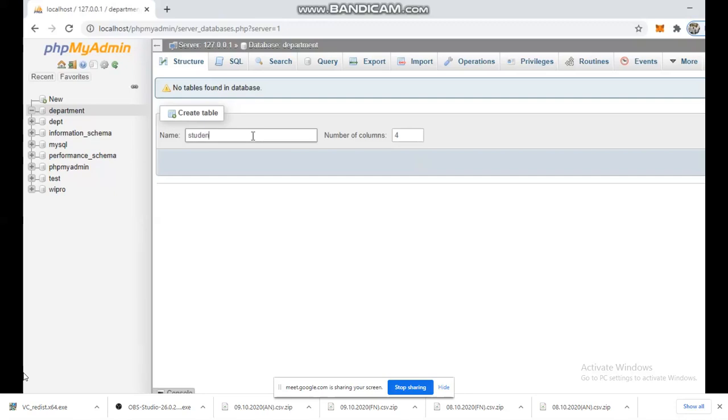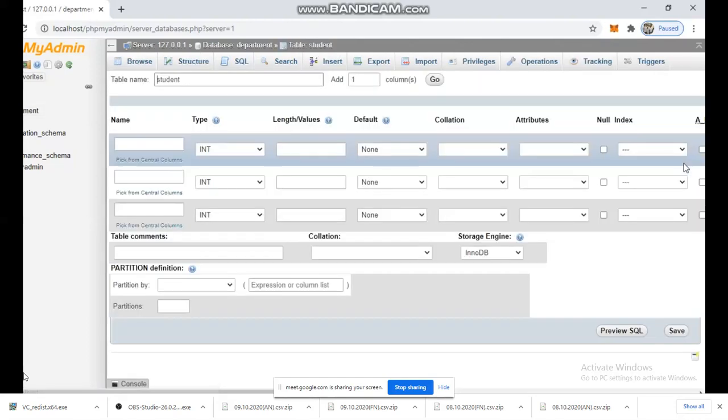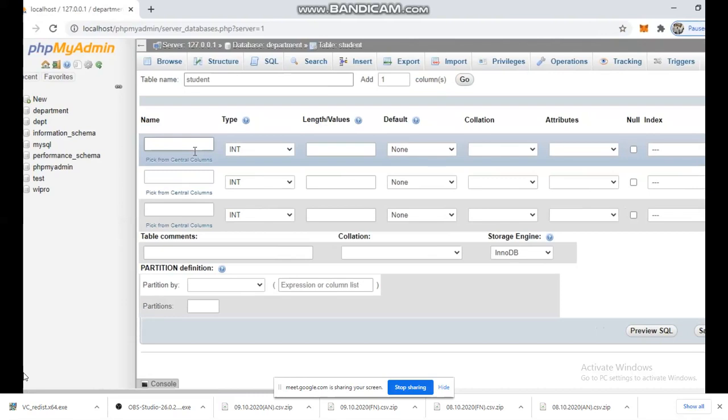Within the database, now I am creating the table. And one more point, by default, this will open in the browser. No need to worry about that. How many columns am I going to keep? I am going to keep 3 columns. What are the fields that I am going to keep, right? So that's what the field names are going to be given now.